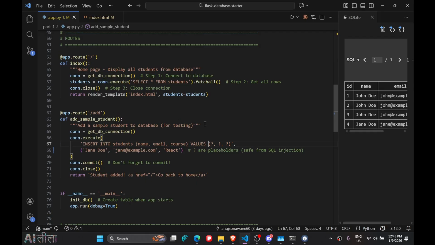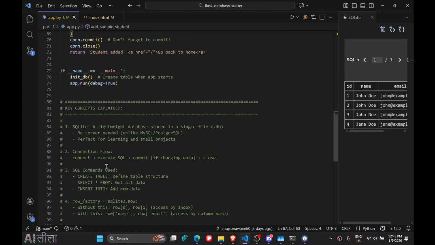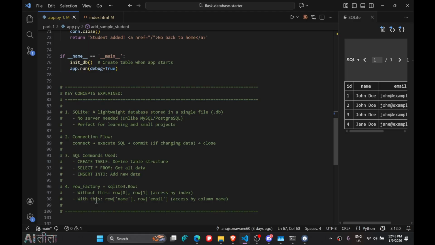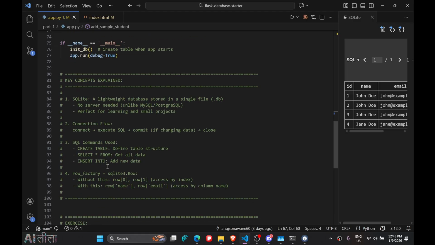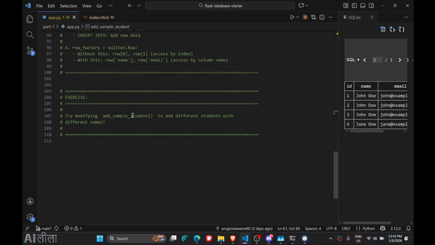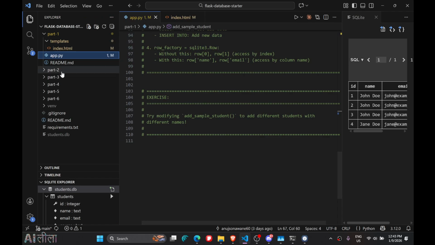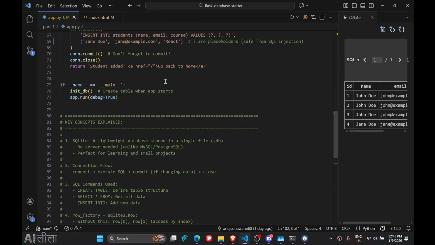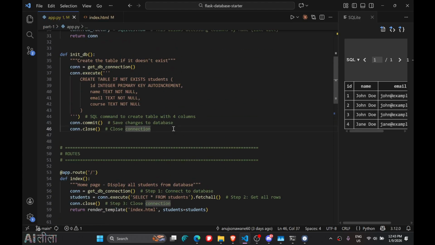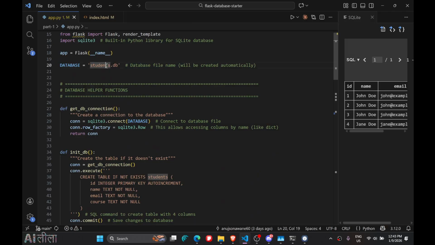Now one last thing I'll say, okay, so we have the exercise over here as well. So we are saying add sample student, and that's what we did. Maybe in the part 2 we are doing few other things, but I may try something like this, that okay, so I will just I'll say now I want to create teachers.db. I'll say okay, I want to create something new, teachers.db, and then here I'll say okay, let's call